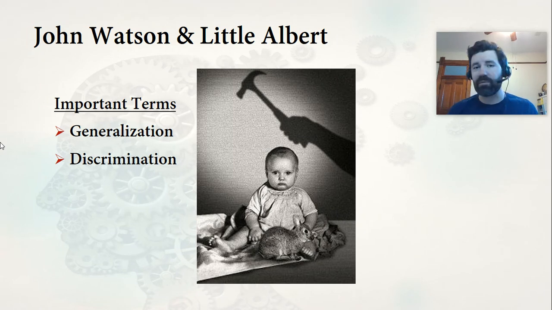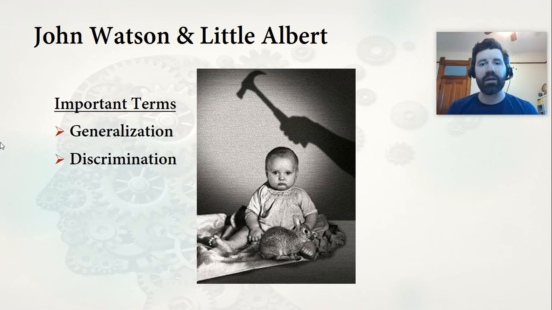And at first, Little Albert was happy and fine and played with this little white rat, didn't have any issues at all. But Watson found that Albert was terrified of this really loud sound. And he took a piece of metal, he took a hammer, and he smashed the two things together. And Little Albert started crying like crazy. So then with classical conditioning, John Watson just put these things together. The loud sound was an unconditioned stimulus, which produced the unconditioned response of fear.